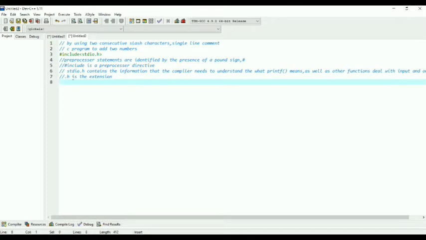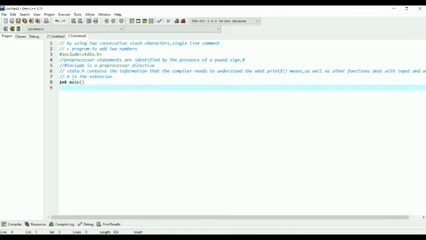So we are done with that: hash include stdio.h. And here is main, which is the entry point into the C program. The main function is of type int, right? And therefore it should return an integer value.